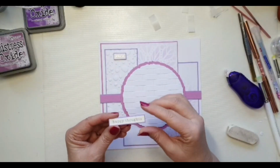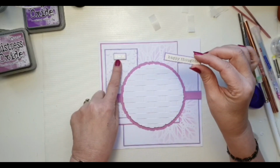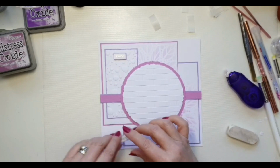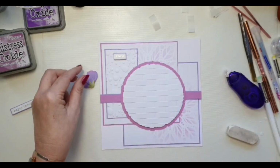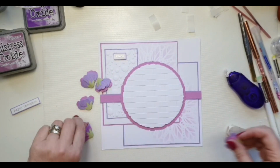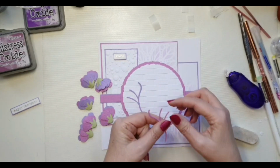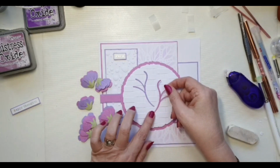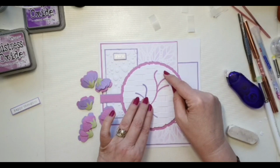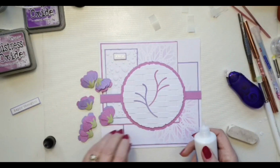So I've got another part to my sentiment. So this bit says smile, this bit says happy thoughts. So smile, happy thoughts, and this is going down here, but I can't do this till I put my flowers on. So here's my flowers, and you'll see that again I've used the same colour card, 2 different colour cards, and I'm going to put them like that. Okay, so if I just put those down first,